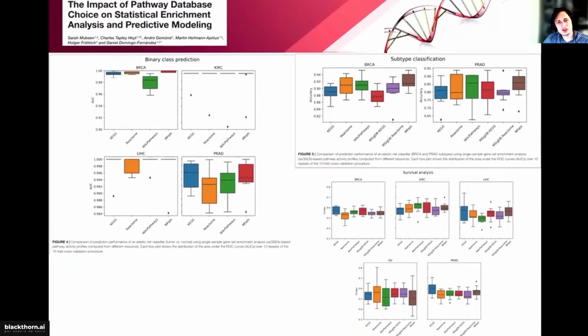And if you are using all these now, it's four databases, like one generic database and plus, you can see that it's not always affecting the performance of the models drastically, but sometimes it does. And what's interesting, it also depends on the dataset. So you have tool variability, dataset variability, and also pathway database variability. These are resources, and probably you would like to investigate all of them when you're looking at your data, because there is no clear answer which one is better, especially when you're talking about databases.